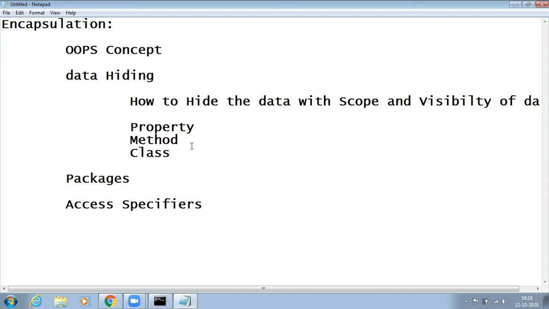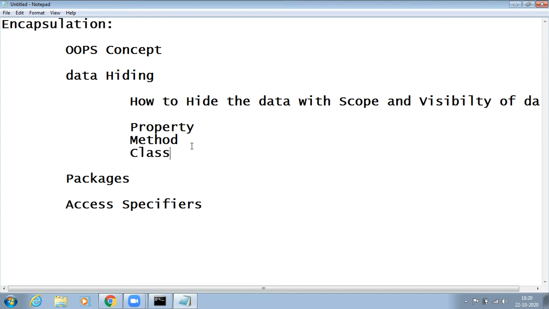Abstraction is something like hiding the functionality. Like I said, transaction tariff has different functionalities for the different banks. Each bank has its own transaction cost for each transaction. The functionality logic of transaction tariff is different for different banks.